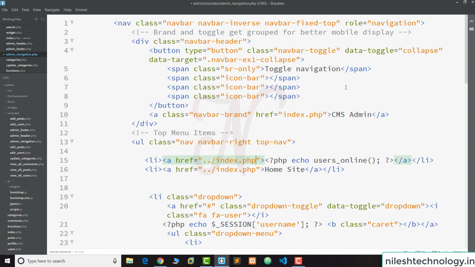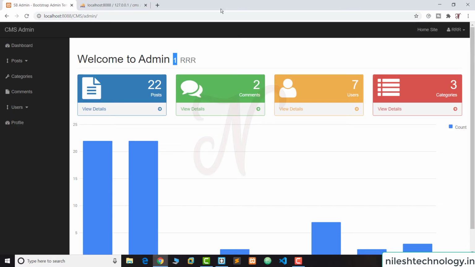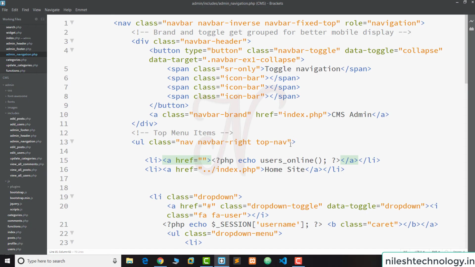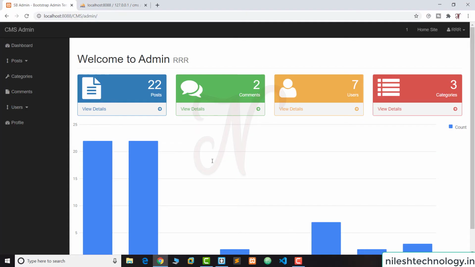So this is the li, so there is no link here, users online. Okay, so save these changes and test this code, refresh. See here, this is the 1. So we are using a 1 string here. So users online, save these changes, refresh. See, users online 1. Okay, perfect.